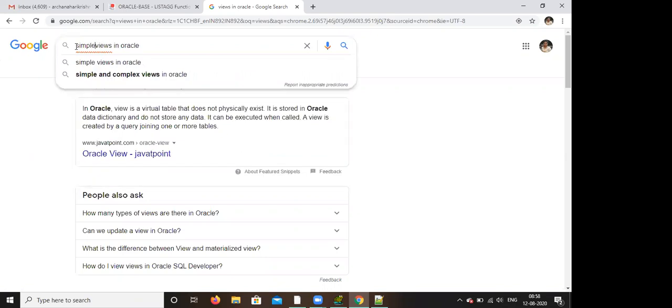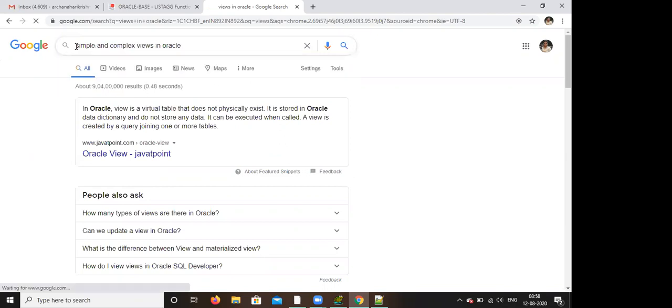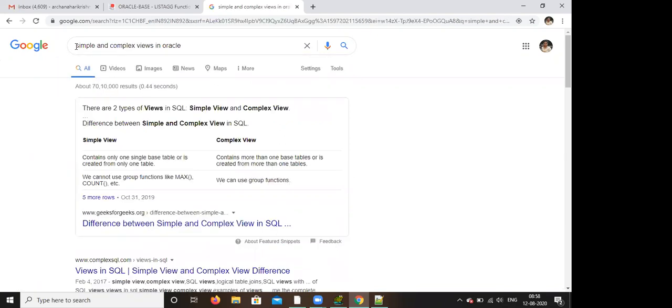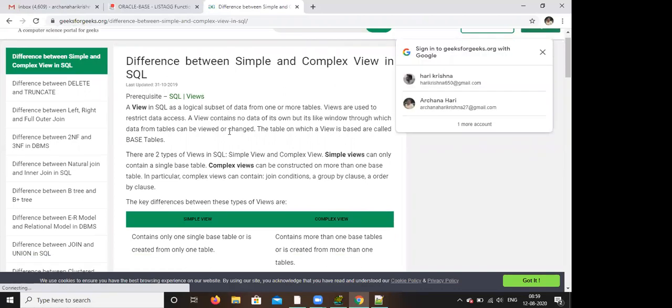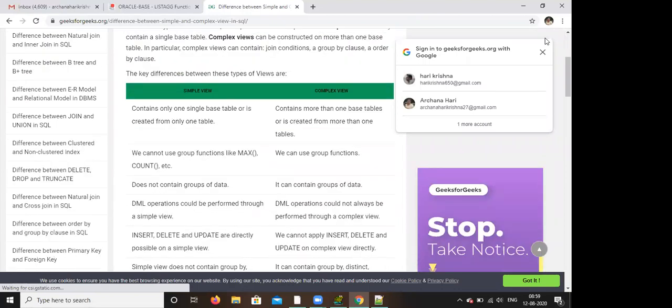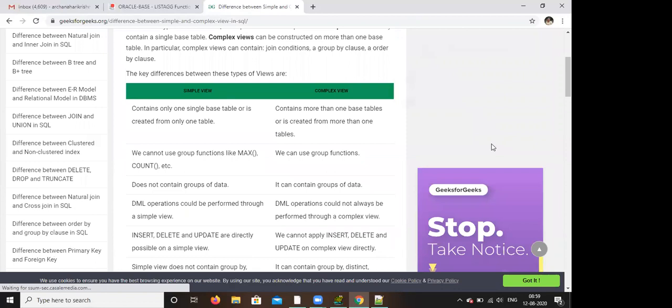Simple and complex. Now open the first one. Click on that site. You can find any site, not an issue. Here these are the simple view and complex view. Okay, it is given.